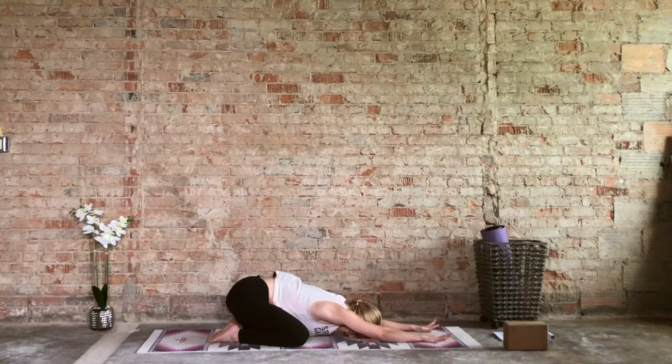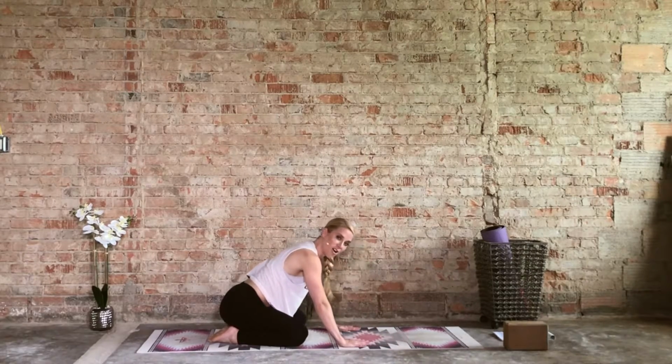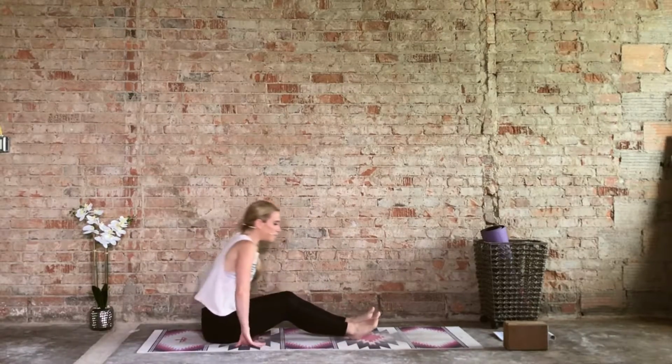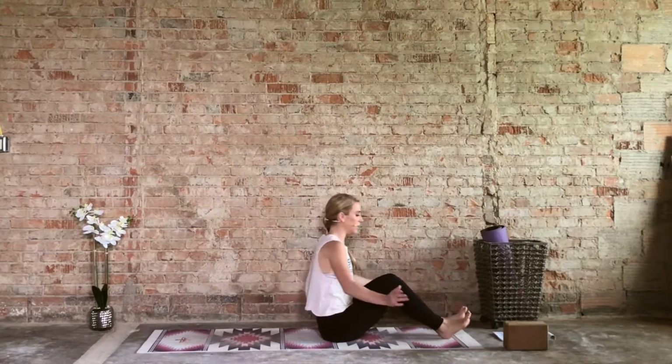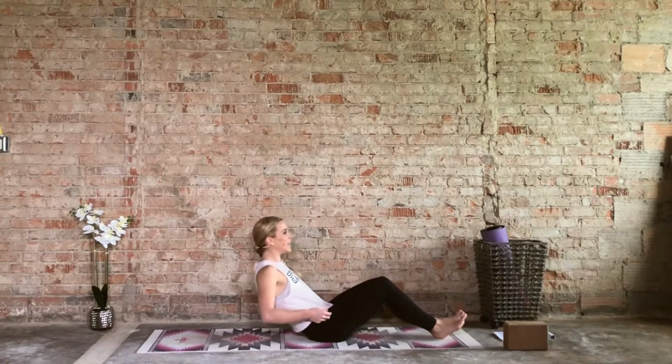One more round of breath. Draw the hands to frame the face. Push off through the palms. Cross at the ankles and come to a nice seated position. Scoot forward, hands go to the backs of the hamstrings, and slowly make your way down to a nice position